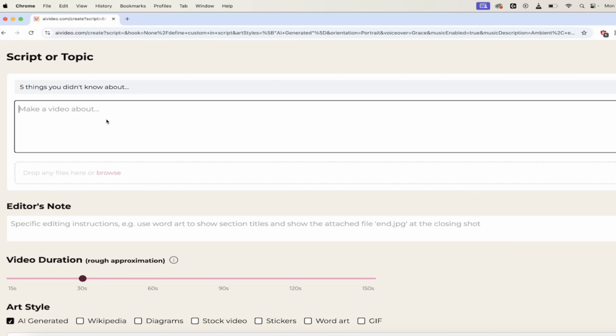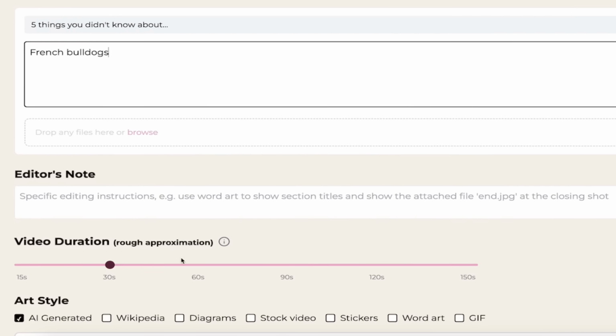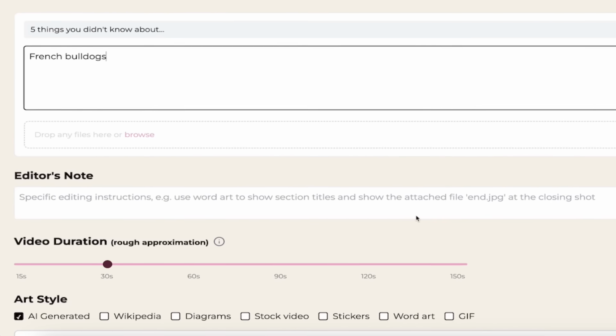And then we could go about, I don't know, French bulldogs. Literally, 2 words. It's going to write a 2.5-minute script if I want it to. You'll see there's a 150-second option if I want to move that up there. From 2 words, we can get a 2.5-minute video. That said,